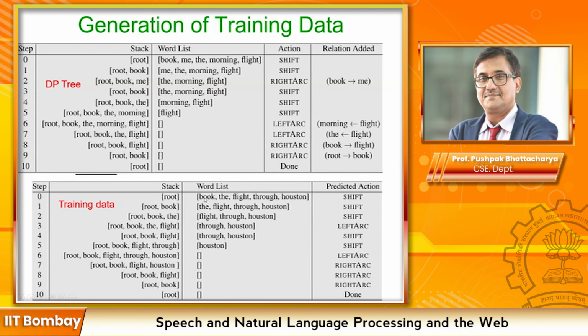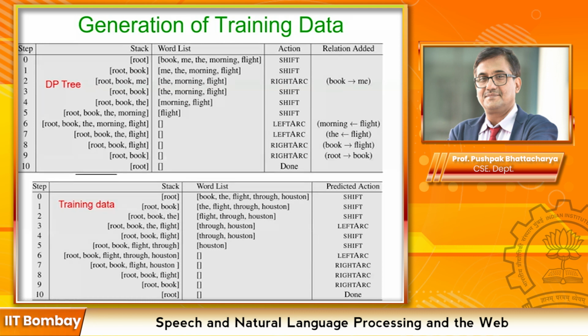So root, and then the word list is book the flight through Houston. So I shift book to the stack. That anyway is the first action, so there is nothing much to learn here. The oracle learns that if root is the only thing on the stack in the beginning of the operations, that is, if the input word list is non-empty,